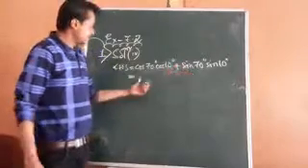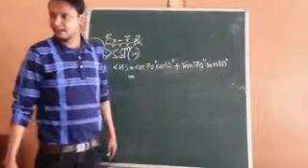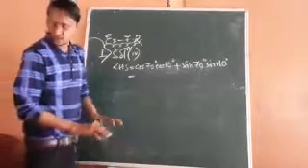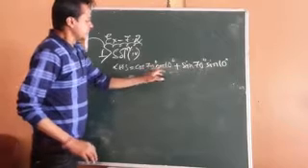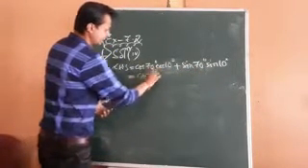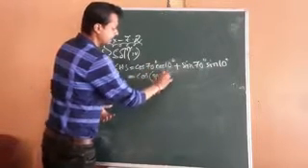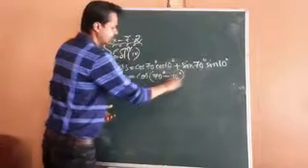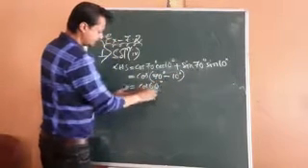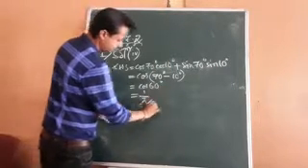So cos A cos B plus sin A sin B, what is the formula? Cos(A minus B). The formula is cos A cos B plus sin A sin B. So cos(A minus B), what is A? A is 70 degree, minus, what is B? 10 degree. So cos(70 minus 10 degree) will be cos 60 degree. What is the value of cos 60 degree? It is half. That is equal to the right hand side. Finished.